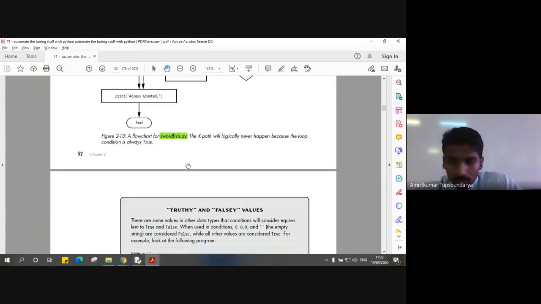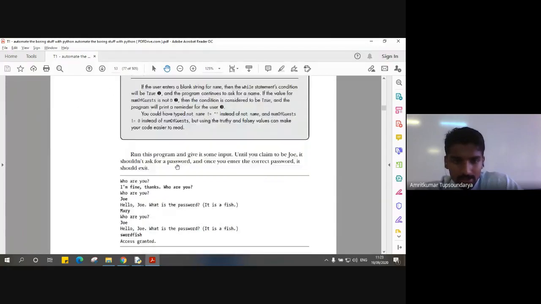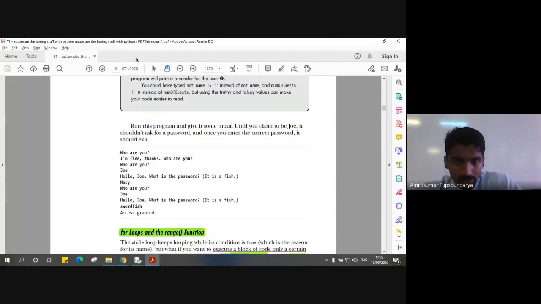Now moving ahead, here is just an example of how it gets executed. The author says that when the program outputs "Who are you?", the user enters "I am fine, thank you. Who are you?", which is not the expected input.